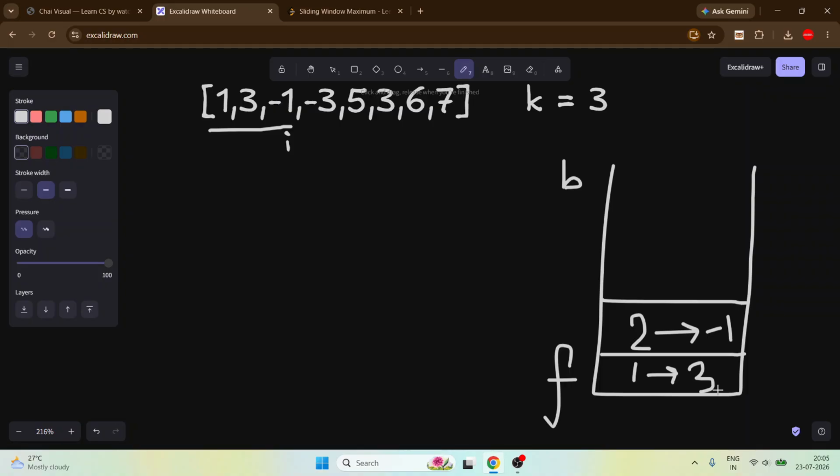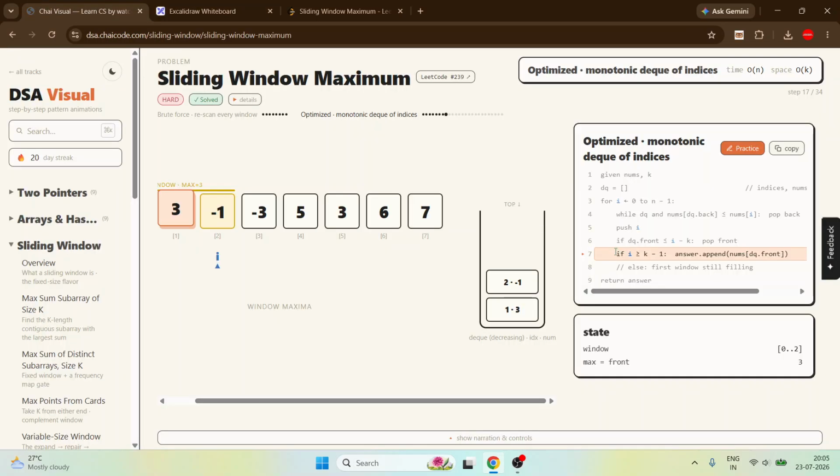We have 3 already stored here. So 3 is our maximum. So we can easily get a maximum, we can easily get this window's maximum here. So the same thing happens here. If anyhow it becomes greater than k minus 1, the answer happens automatically. Okay,